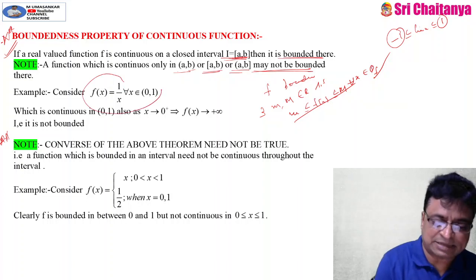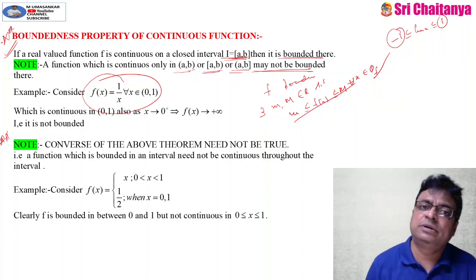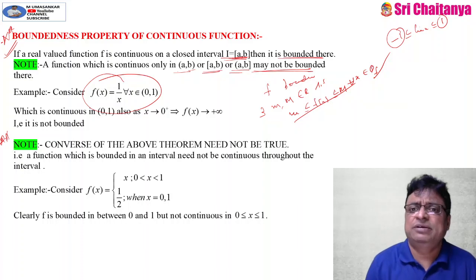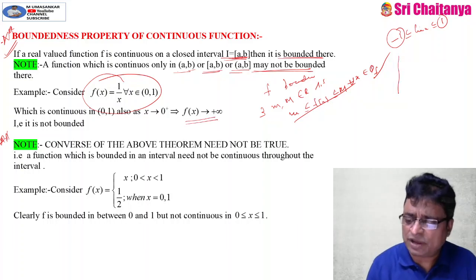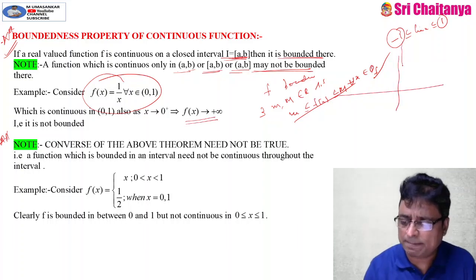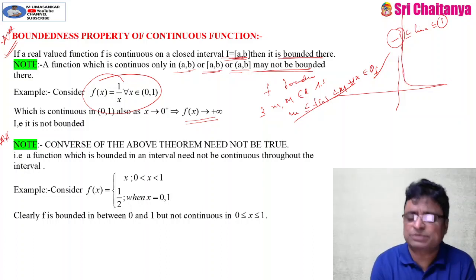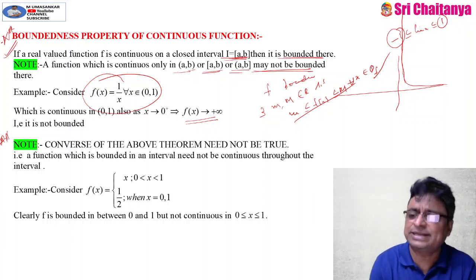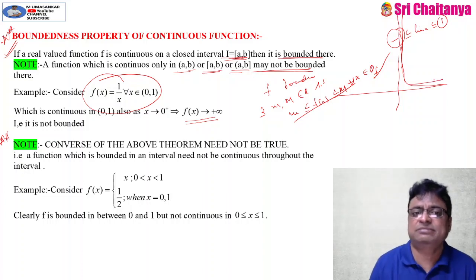Further, this is the best example: f(x) = 1/x for every x belongs to the open interval (0, 1). In this interval, there is no problem. It is a continuous function. Whereas, the right hand limit at 0 is infinity; if you draw the graph of this function, it becomes like this only. So, it never lies between two particular finite values. If all functional values lie between two fixed values, then only we can say that the function is bounded. Here it is not possible to find the boundaries of the function. Not bounded.